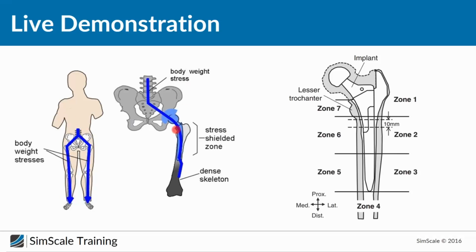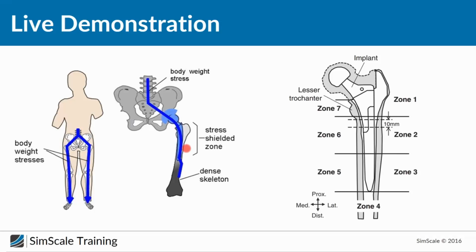But if you have on one side, for example, an implant or a prosthesis, which is much stronger than the bone, or stiffer is the right word, much stiffer than the bone, it will happen that most of the body stress is transferred through the leg where you have the implant. And that will have two effects. First effect is that the bone structure around the implant will become weak,